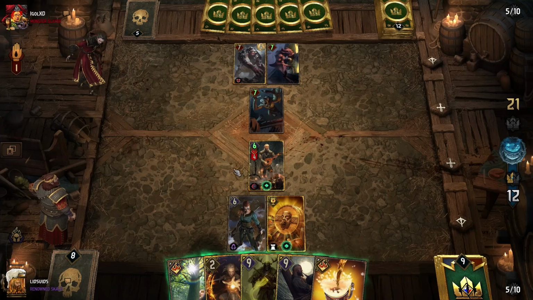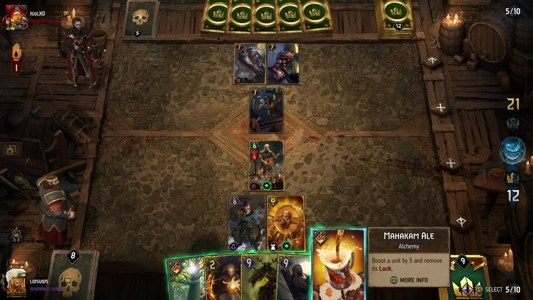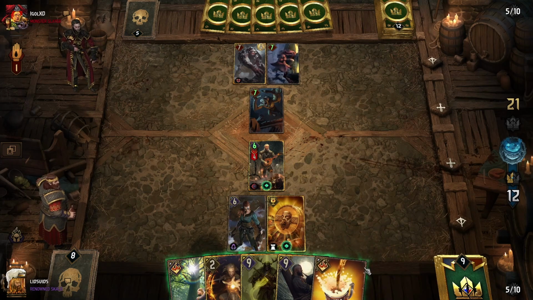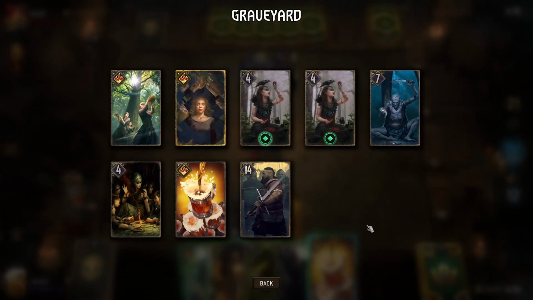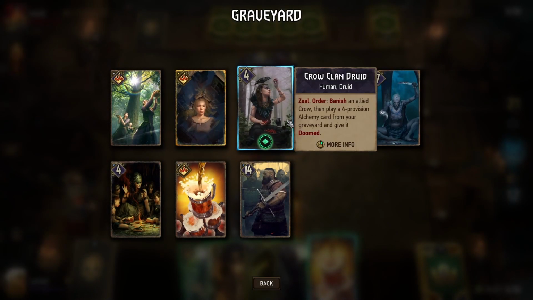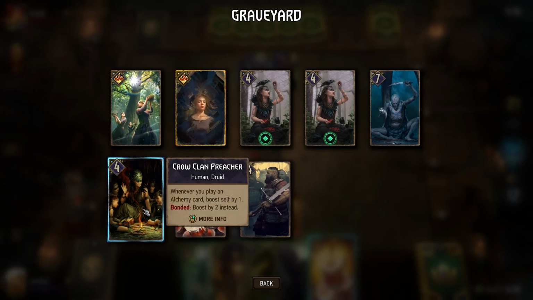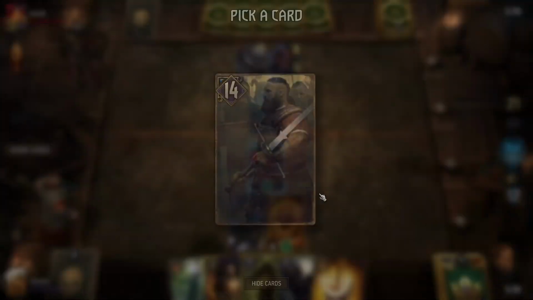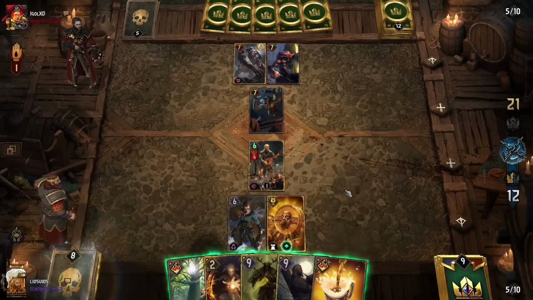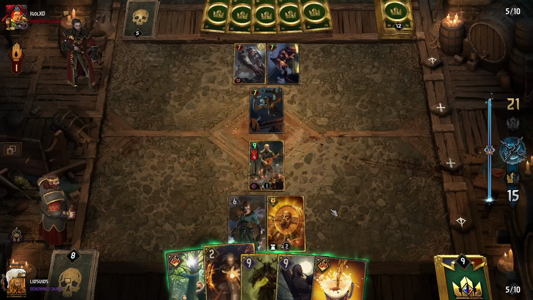Okay, and technically I should have put you, normally you want to put those next to each other in case we had a Golden Froth. It's not going to matter here, because Mahakam Ale is going to be the card we're going for. So we probably will go for this Freya's Blessing here. And again, if we wanted to be aggressive, we'd go Crow Clan Preacher. We're saving you for Tyr. Should double up on that. And then I guess